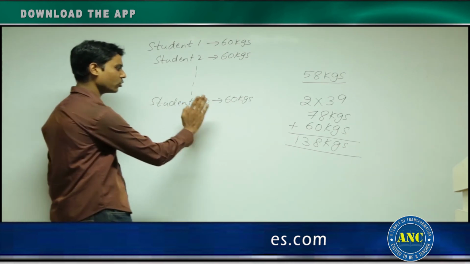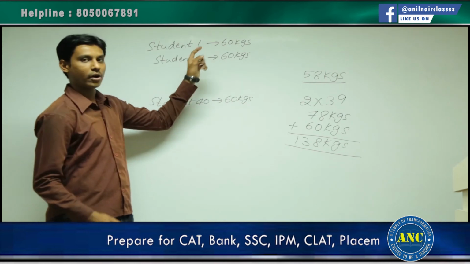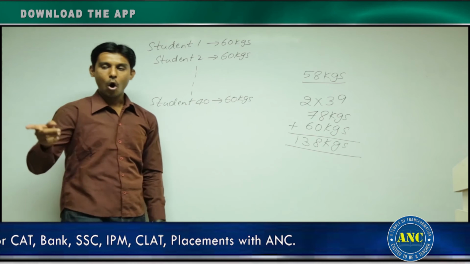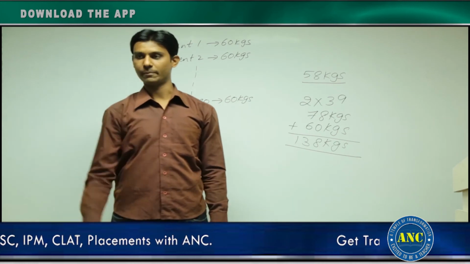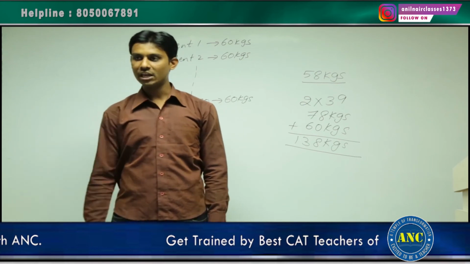See here, simple. Same question if I solve it in terms of rupees. The average money with 40 students was 60 rupees. That means all 40 students had 60 rupees with them. All of them had 60 rupees in their pocket. I am leaving the class. When I leave the class,